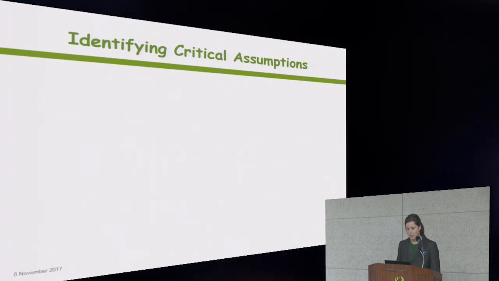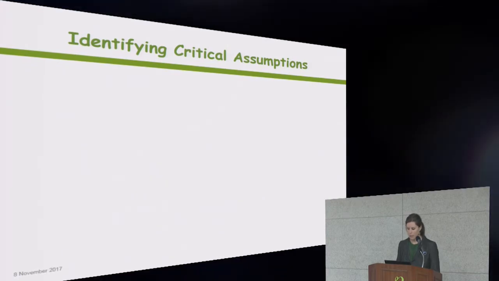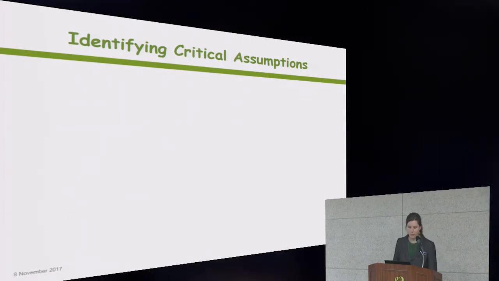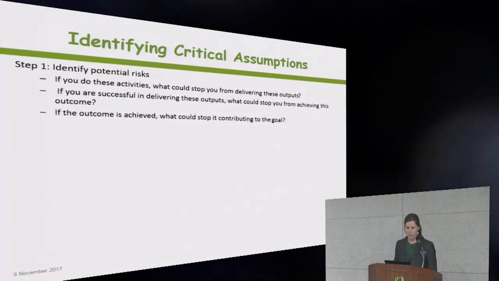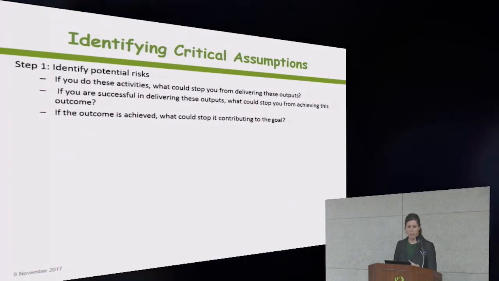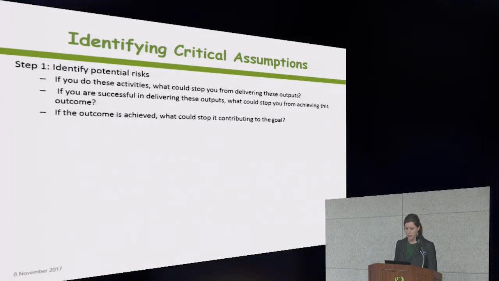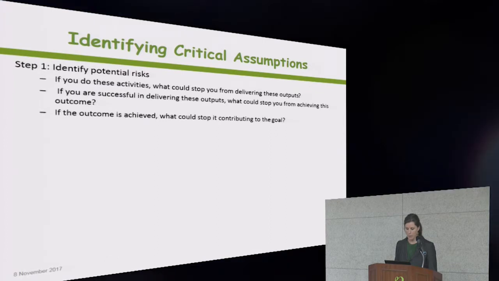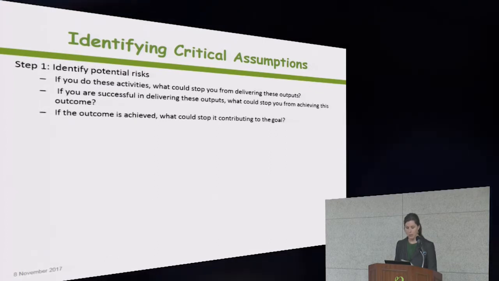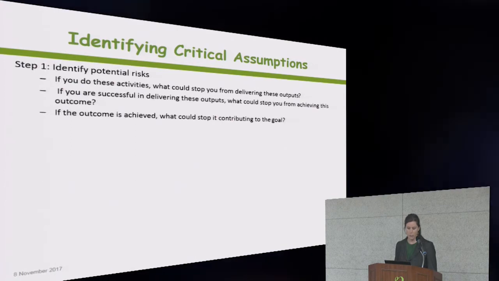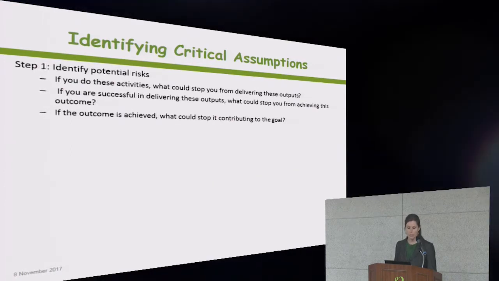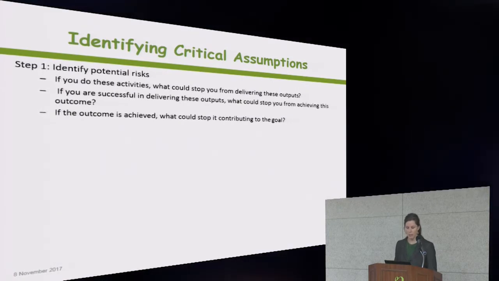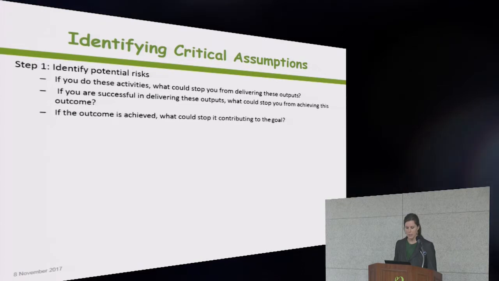So in order to identify assumptions and determine which to include in the log frame, the team will need to follow a process similar to this. First, you want to identify the potential risks. So if you do these activities, what might stop you from delivering the outputs? And then go on up the chain. If you're successful in delivering the outputs, what could stop you from achieving the outcomes? If the outcomes are achieved, what could stop you in it contributing towards the goal? So you want to identify the potential risks